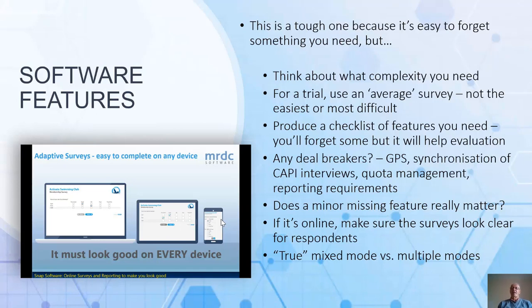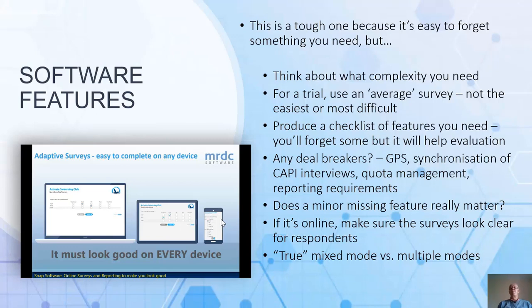And that might be something like GPS that you need in your online interviews. You might want to be able to synchronize CAPI interviews and have that as reliable. It might be something to do with quota management. All sorts of things might come up, but think of the things that would be deal breakers if they didn't work to your satisfaction. And sort of against that, and perhaps to balance that, I also say don't